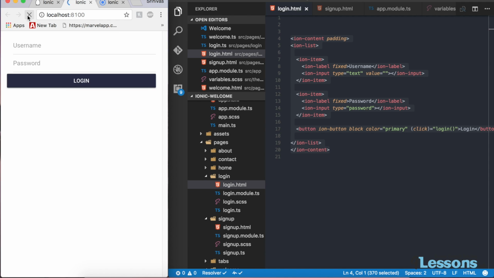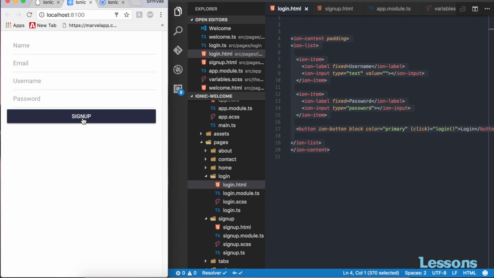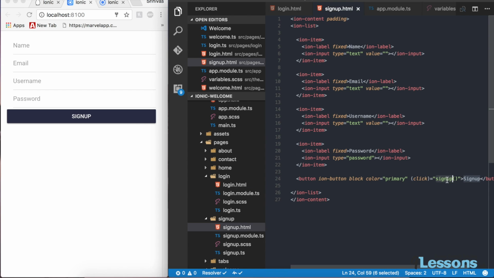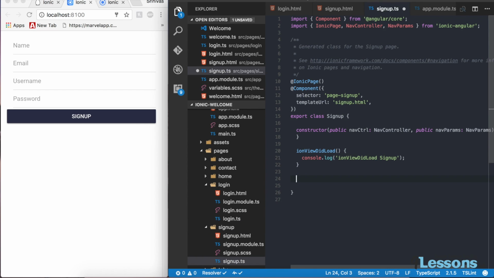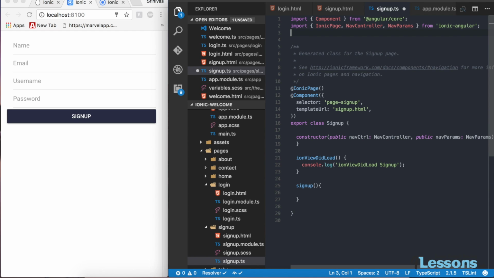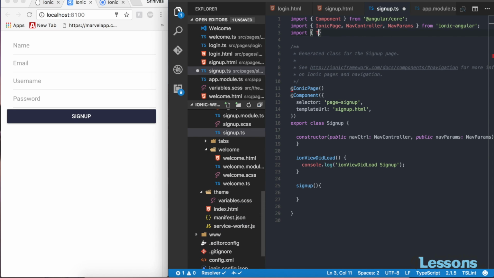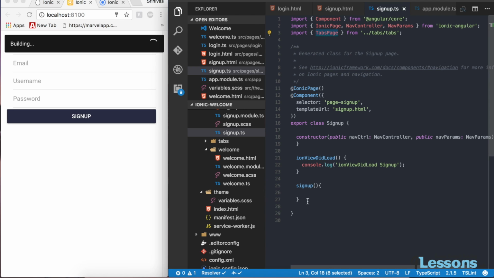Okay, let's give some action to the sign up, and then from the sign up to the tabs page, I mean the home page. So now I'm going to write a sign up page action the same way. This is a sign up page. I'm going to write a sign up function here, and here I'm going to import a tabs page. Same way you can import it, because tabs is connected to all; I'll show you how it works. From tabs import tabs. So the same way I'm going to give this dot nav control dot